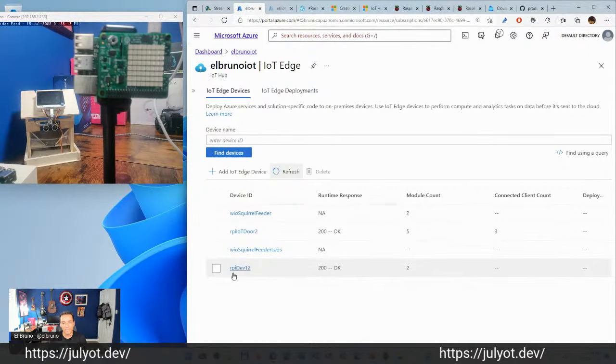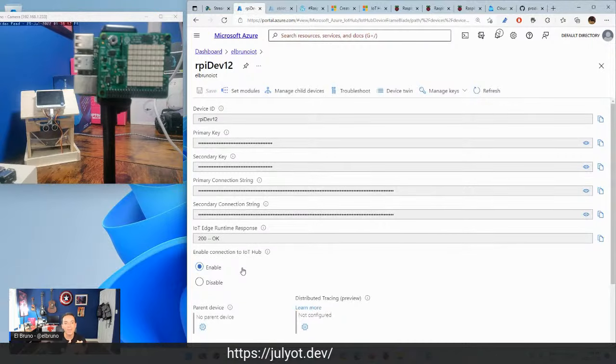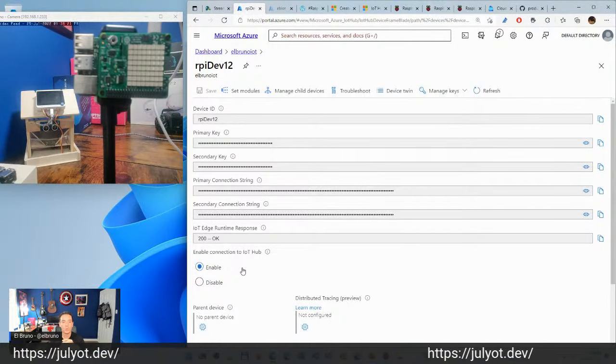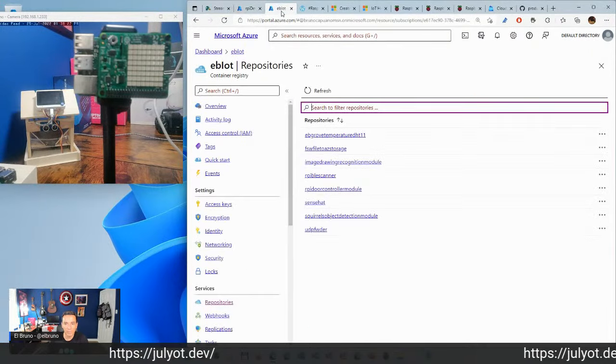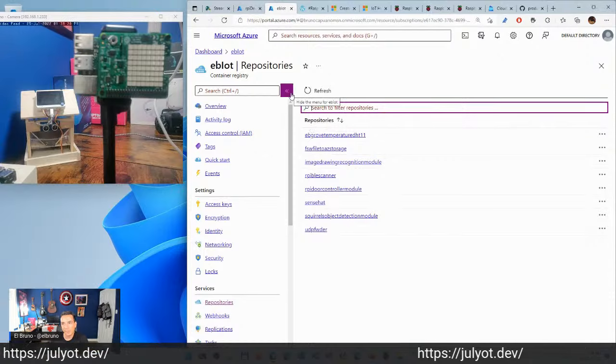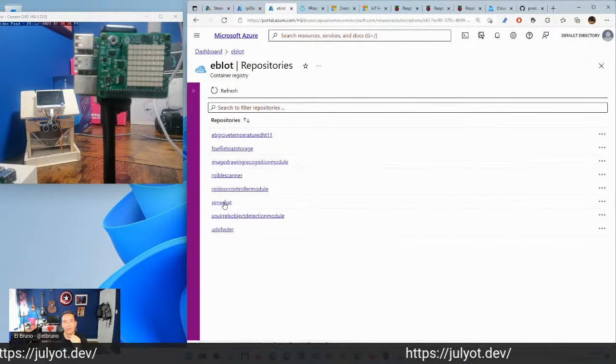And this is the moment. My device is connected. My device is already part of the Azure IoT hub. And what I can start to do is deploy modules to the device. I can start to add some intelligence here. So I created, and I'm going to share the links later, several tutorials of how to use and write custom modules in Azure IoT. And I have here in my personal repository, hey,